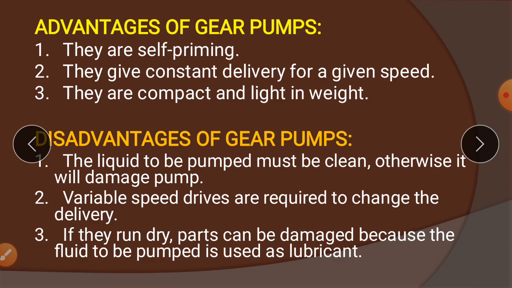If we want to remove that air, some pumps have the ability to remove it by themselves through the pumping of liquid. Using the liquid only, the air is removed to the outside through some vents. So pumps that are self-priming have the ability to remove the air by some means, which is helpful for the pumping action. Gear pumps have the ability to remove that air, so they are called self-priming.